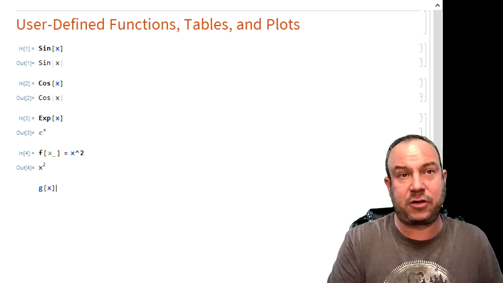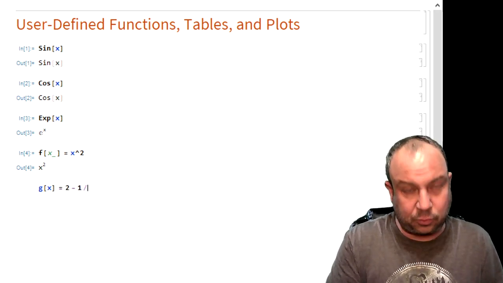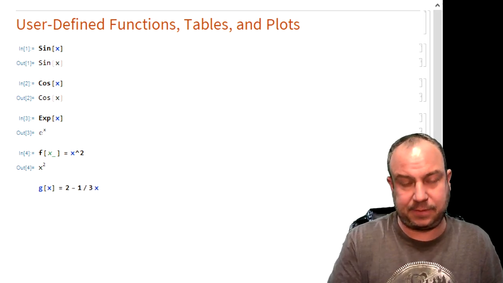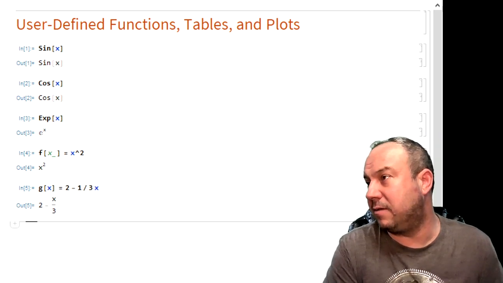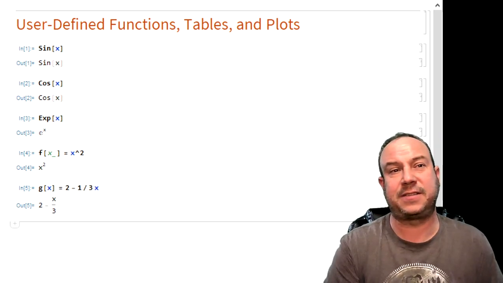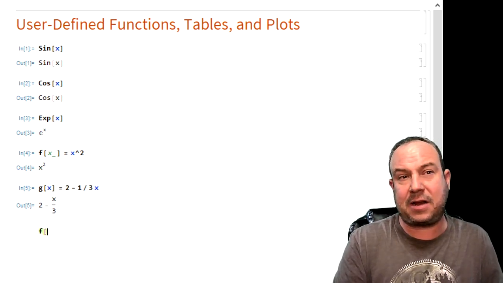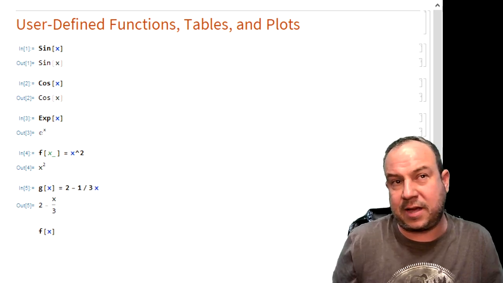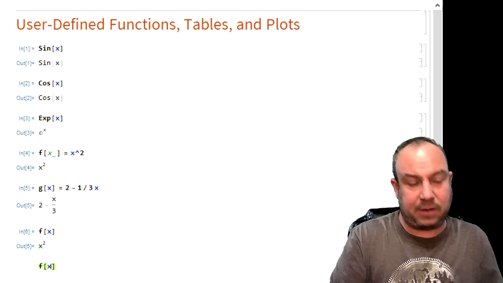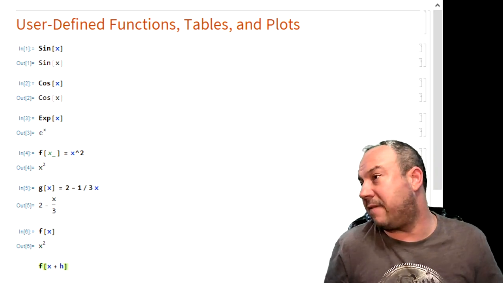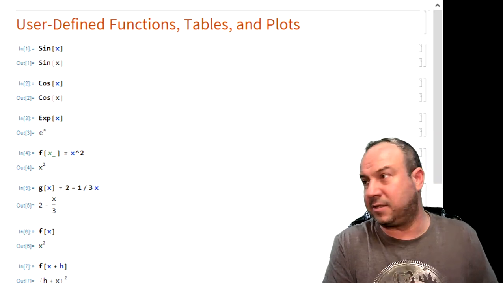Or maybe I define the function g of x equals the line 2 minus 1/3 x. Yeah, there's 2 minus x divided by 3. That is our function g of x. I can, with this notation now, go about calling f at x. Or I can call up f of x at any point in time and get back x squared. And I can call up f of x at other input values. f at x plus h is h plus x quantity squared,